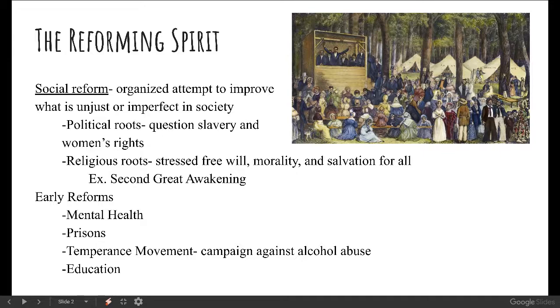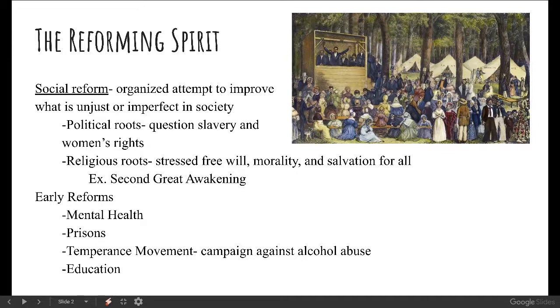All right. So some of the early reforms that we see happening here are going to be for mental health. We have people who are basically criminalized for having mental health issues. If you have schizophrenia, bipolar disease, even depression in some cases, people would be put in prison because nobody knew how to deal with those mental health issues. And so there were a lot of efforts to create mental health hospitals, places where people could actually get treatment. And so people start treating mental health issues as a physical ailment, kind of a health issue rather than a criminal issue. So that's a big reform.